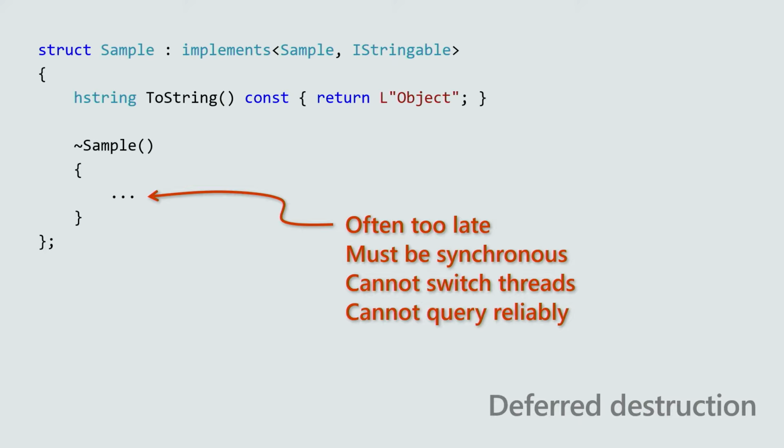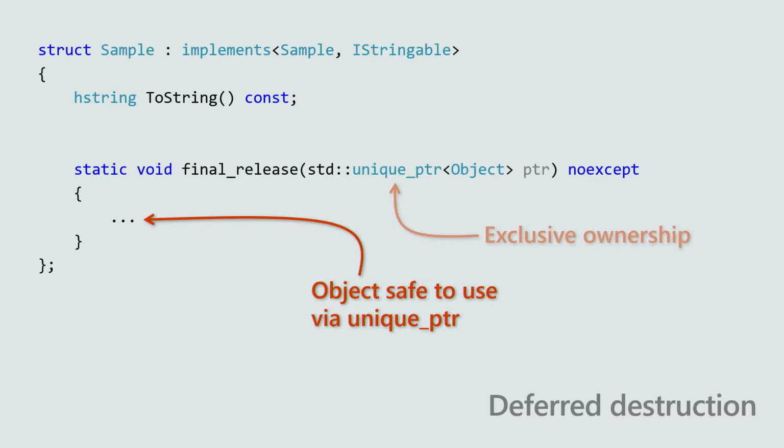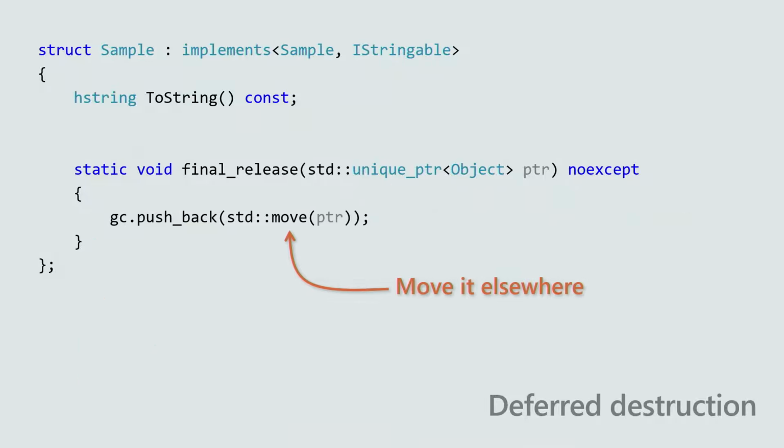So what we've done in C++/WinRT 2.0 is introduce the final_release function. And what that does is give you exclusive ownership of the implementation. Within the context of the final_release function, you can safely interact with that unique pointer ownership of that implementation object. And if you don't move that somewhere else, it'll be destroyed as you would expect, simply deleting the object and it's gone. The interesting thing about final_release, because you have a unique pointer that holds onto it, is that you can now do something like move it elsewhere. You can move it to another container, manage that completely independent of the lifetime of the object. You can think of this as a more deterministic model of garbage collection.